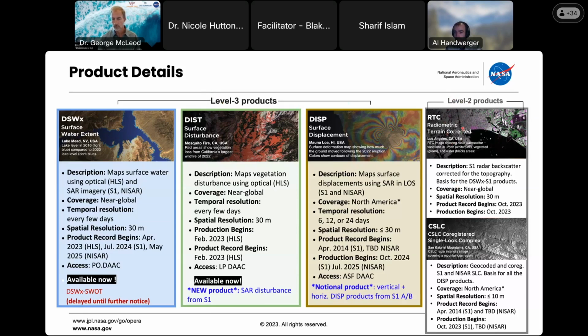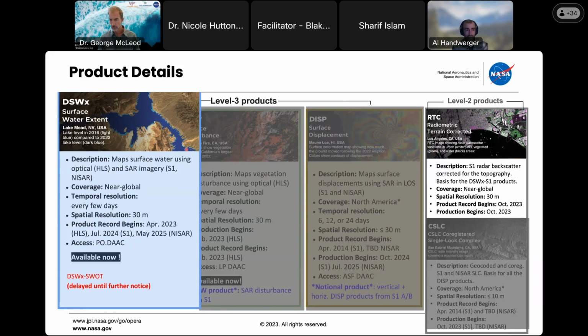I'm not going to spend too much time talking about them today, but just to briefly mention what they are, this is the radiometric terrain corrected SAR backscatter product and the co-registered single look complex product. And because we need these products to get to level 2 and because we know they're useful to people, we wanted to make all of it available. So I'm just going to walk through the 3 main products that we're making, starting with the surface water extent product. Surface water extent is essentially a geotiff that you can download or analyze in